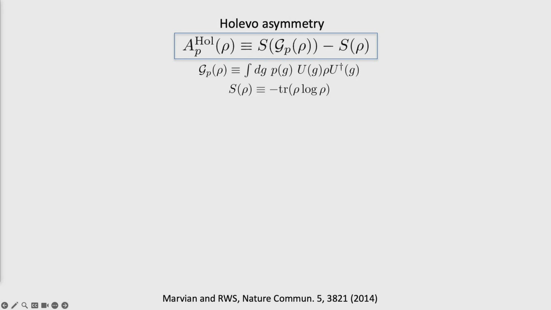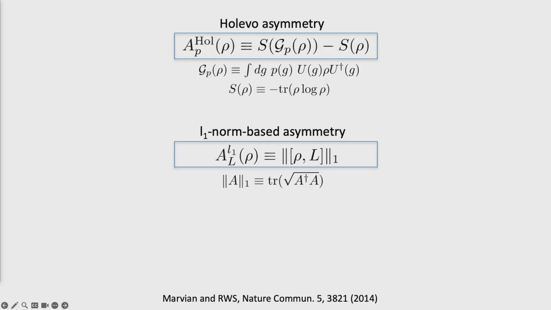If I instead started with a rho that was already halfway towards the origin in the Bloch ball, it already has some entropy, and I twirl it, that difference is going to be smaller, because this original state had some entropy to begin with. So clearly the difference is tracking how much that state is breaking symmetry, how distinguishable the different elements of the orbit of that state are. It passes the intuitive check: states that I intuitively say are highly asymmetric get a high value, and states that have a low measure get a low value.